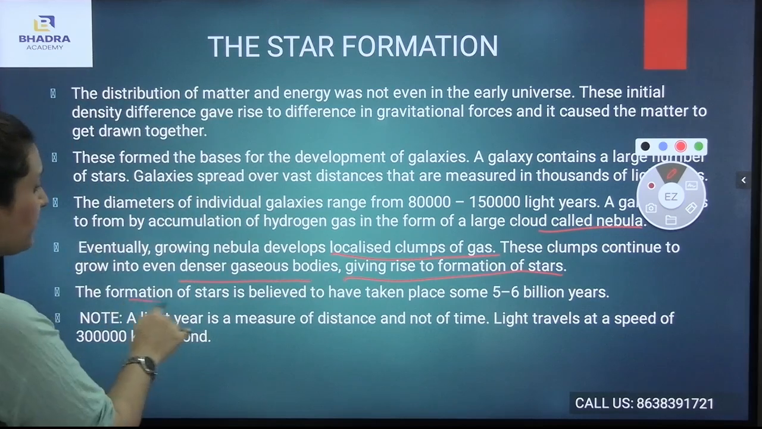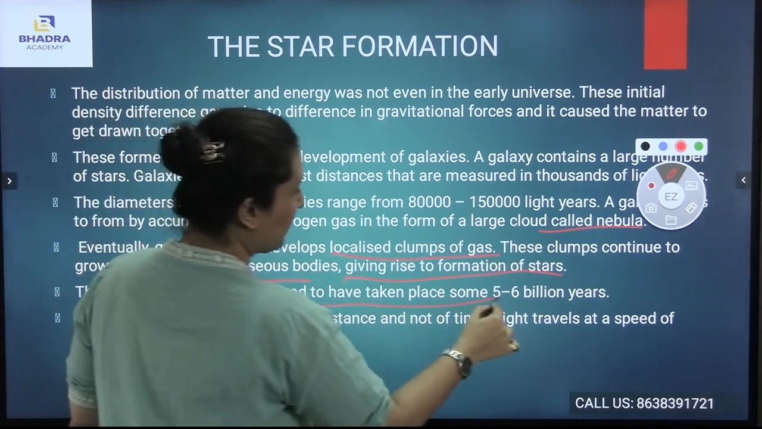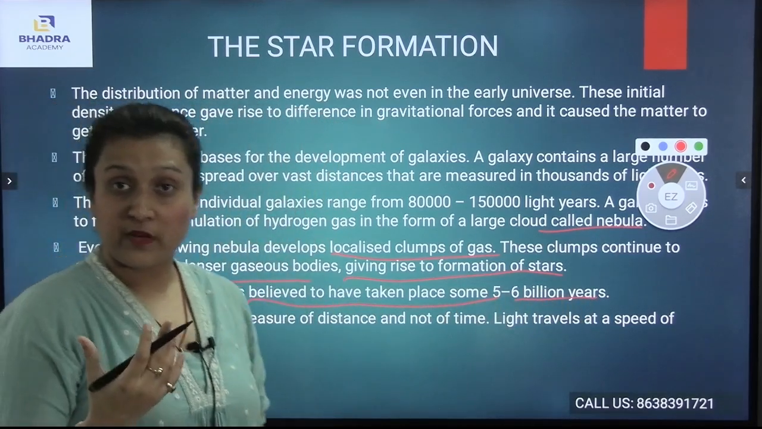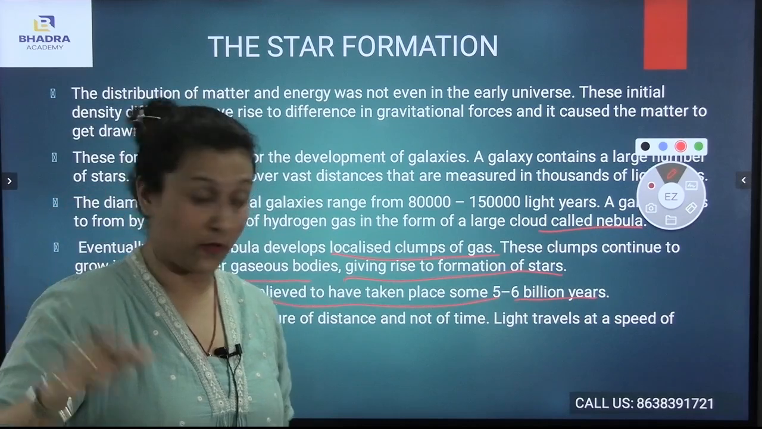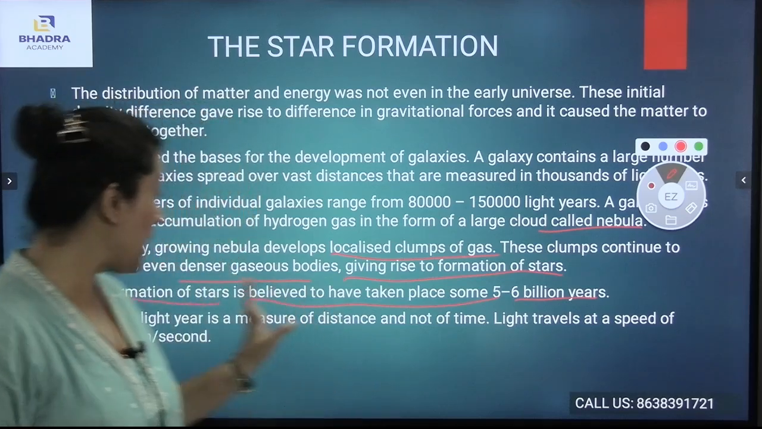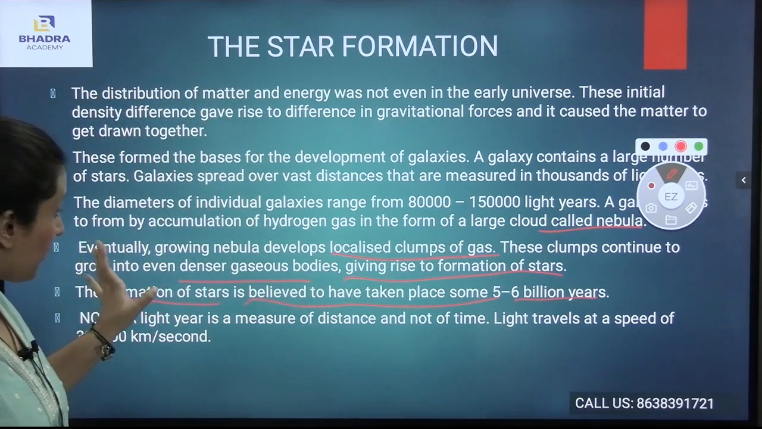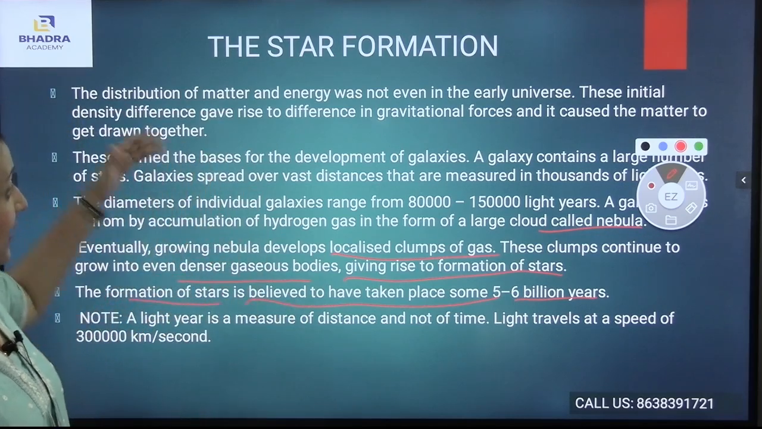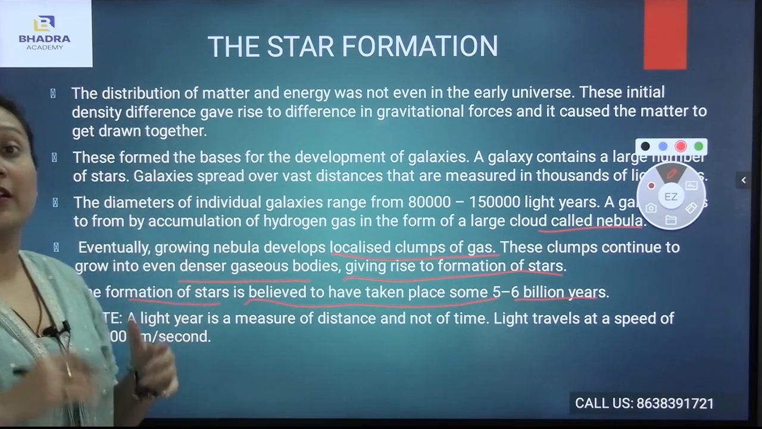The formation of stars is believed to have taken place 5 to 6 billion years ago. Now, how were the stars formed? You see, 5 to 6 billion years ago the stars were being formed, and as a result, you see the light year. We will be discussing the light year, but before that, let me explain again regarding the star